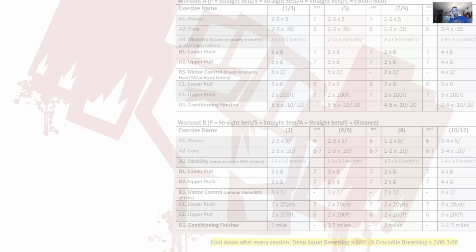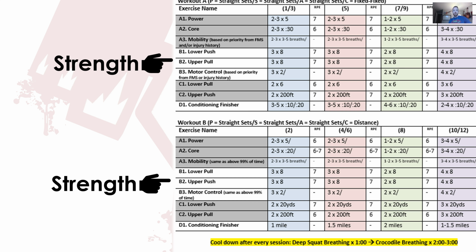Goes here. And as you can see, once again, rather than doing a strength movement and resting, we're pairing non-competitive exercises. And we're going to get more into this when we actually talk about exercise prescription, for lack of better terms. But lower push is paired with upper pull. So lower push, upper pull. And then rather than rest, we're going to do a motor control drill. So look at the Strength Faction program. It's a pretty good representation of this.